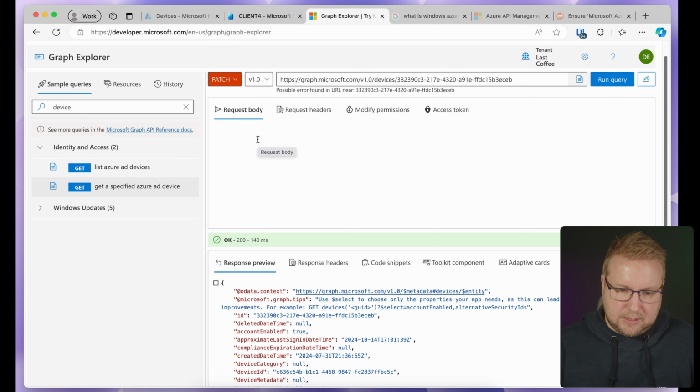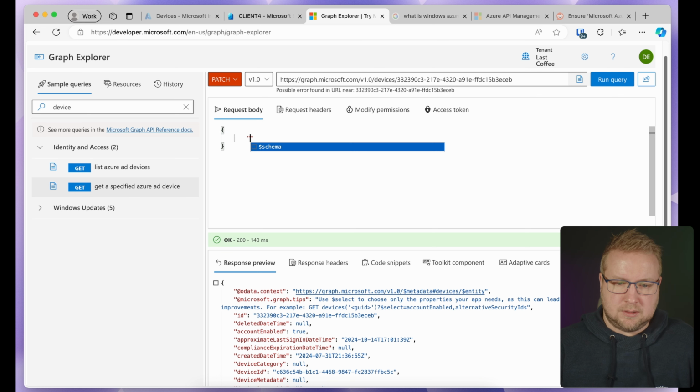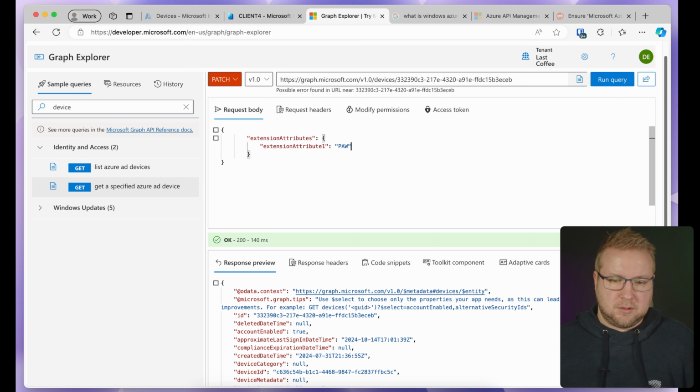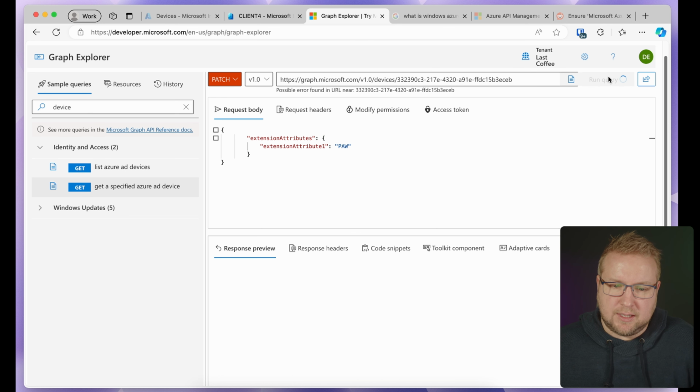So that is going to be extensionAttributes, open brackets, extensionAttribute1, let's call it PAW, and if we patch this device, if we run this query and patch that device, then it will have